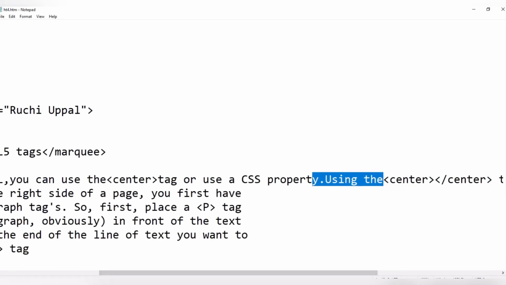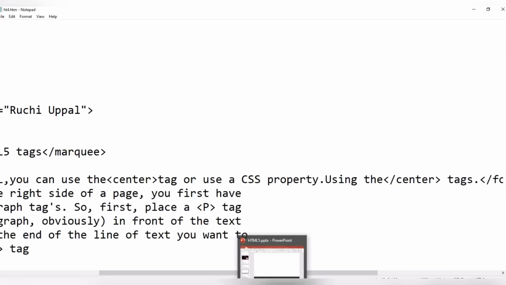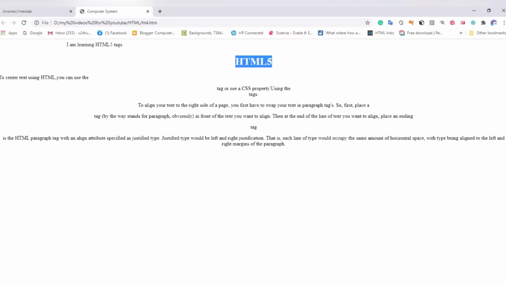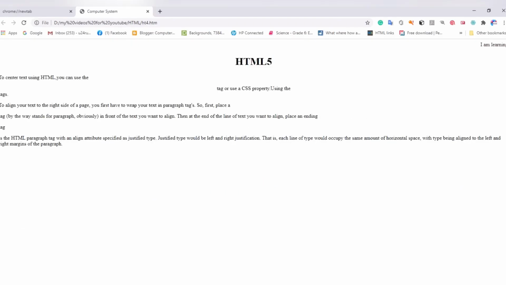Fine, this is how. So let's see what changes are coming in the browser. F5. Wow. Now you see only this portion is coming in the center, because I have used the center tag before this line only.